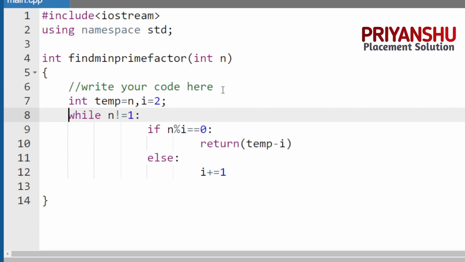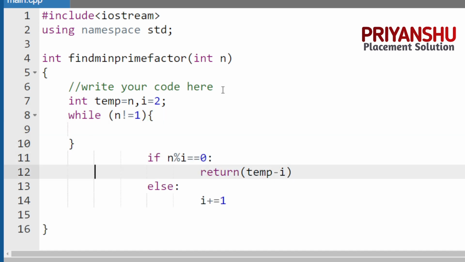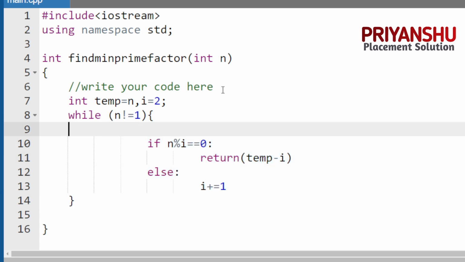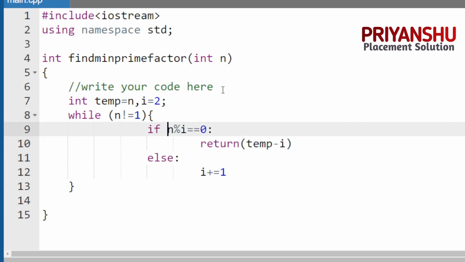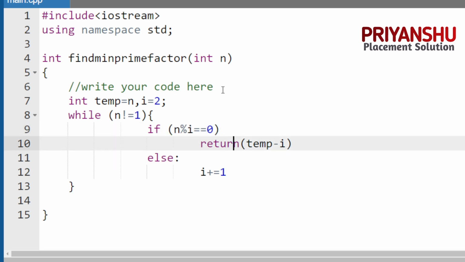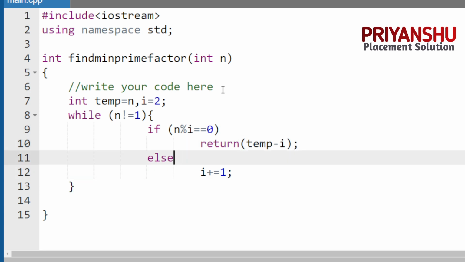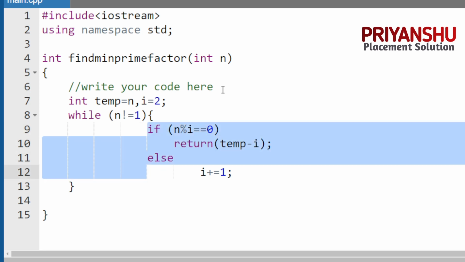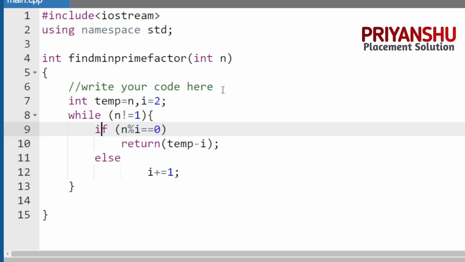And here, in while we need to write one parenthesis. Then the while loop is there, okay. And this syntax is all in the while loop. Where does all of this come? It will come in the while loop. And here I need to write this. And return temp is done. We need to write the semicolon in every line, right? And no need to take this else, semicolon. Clear, guys? I hope this code is clear to you.